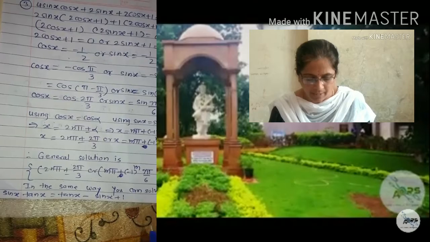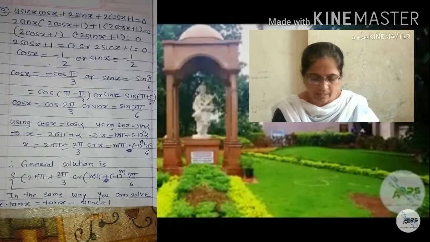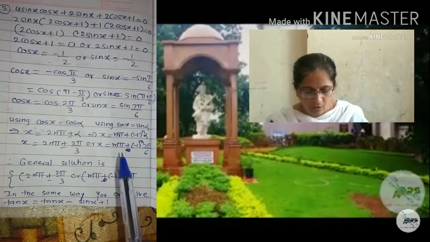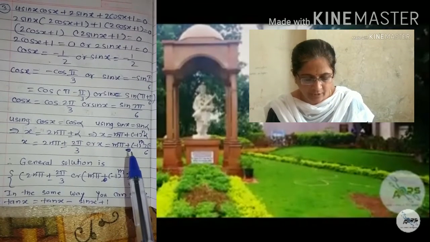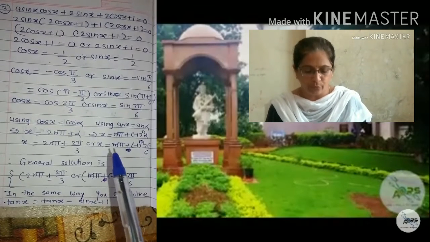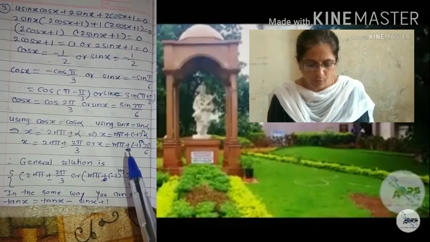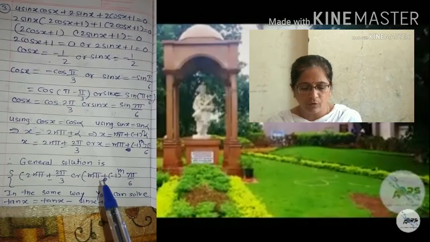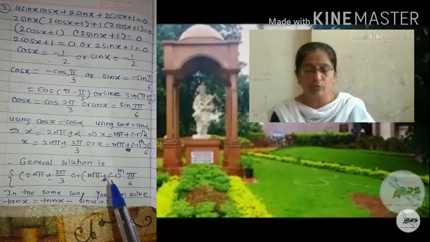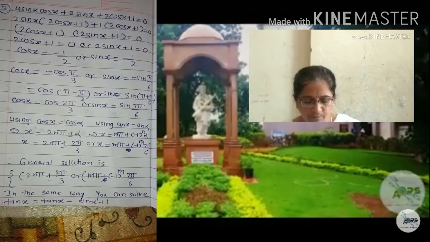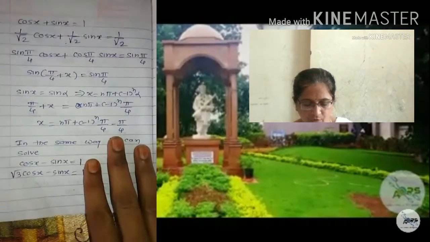Now let us correct the solution, that is x equal to m pi plus minus 1 raised to n pi by 7 pi by 6. I have told that it is a plus or minus, but plus or minus is replaced by only plus. Therefore the solution is equal to m pi plus minus 1 raised to m 7 pi by 6. Next example,